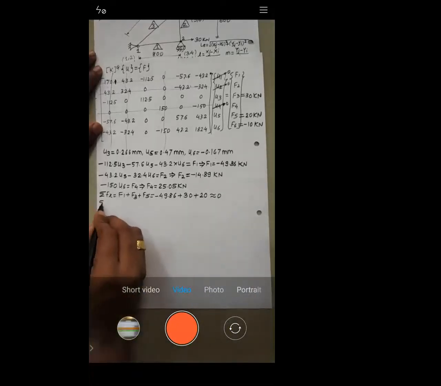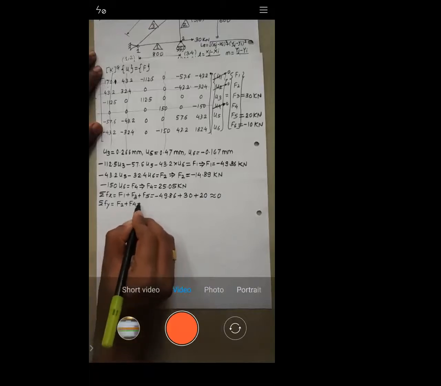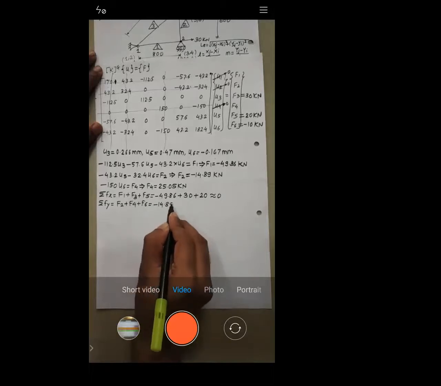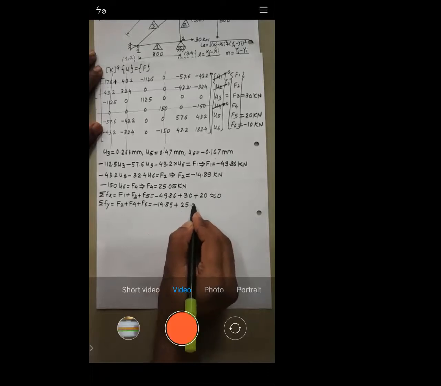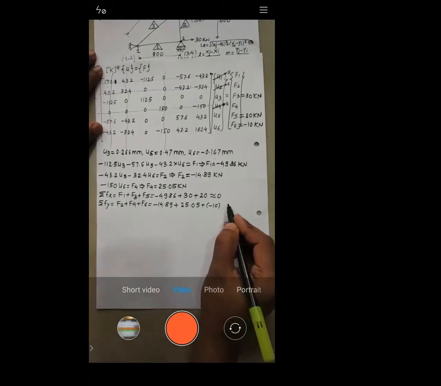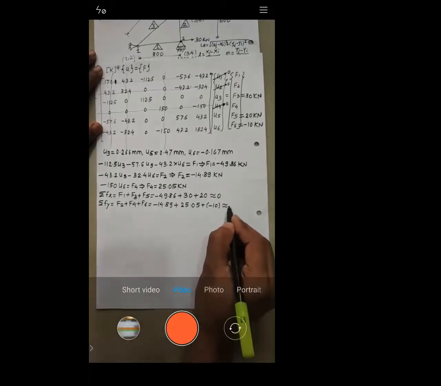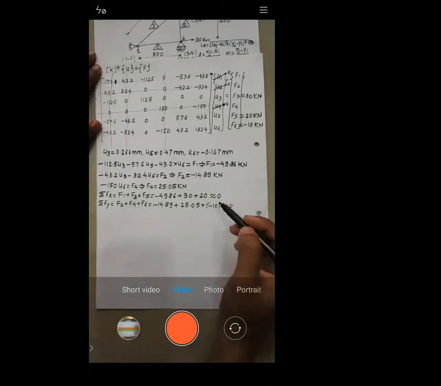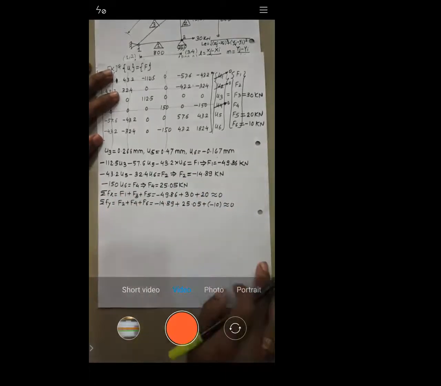Just check it. Then go for summation of Fy, that is with the even numbers. That is F2 plus F4 plus F6, right? So F2 is minus 14.89, plus F4 is 25.05, plus F6, it's minus 10, right? So just check what answer you're getting. You will again get approximately 0, right? Yes or no? So see, your summation of forces is approximately equal to 0. That means the answer for the displacement that you got is a correct value, right?